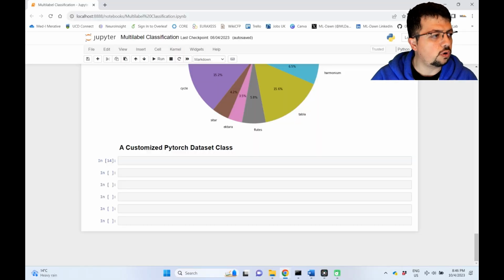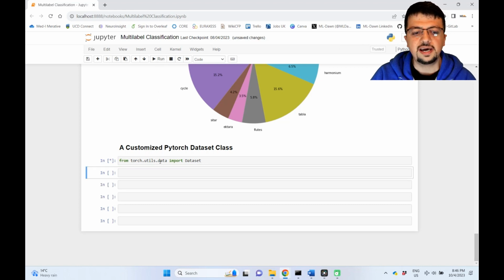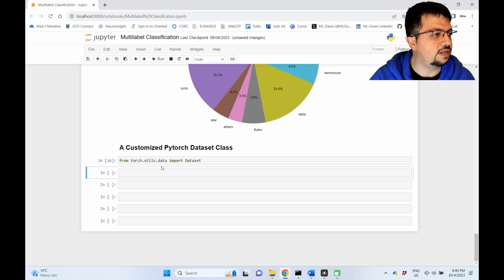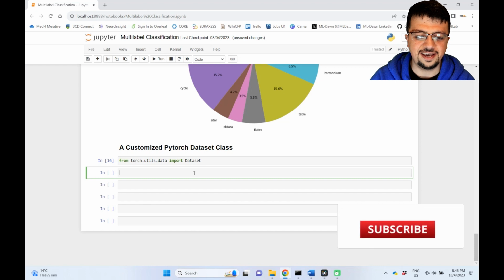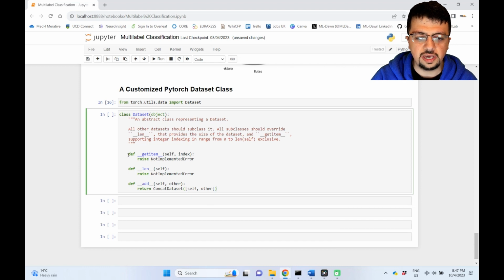We need to import the built-in abstract dataset class in PyTorch. So we're going to be importing it from torch.utils.data, right? But I don't want to just import this and not show you what's inside of it. So I have actually found the source code for the abstract dataset class, and I just want to show you what's going on inside. Now, first things first, we have